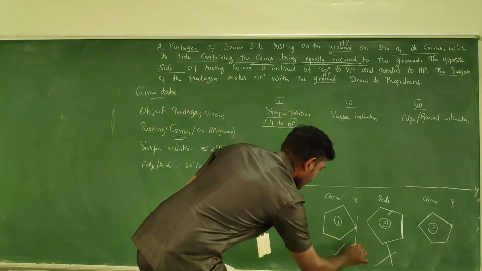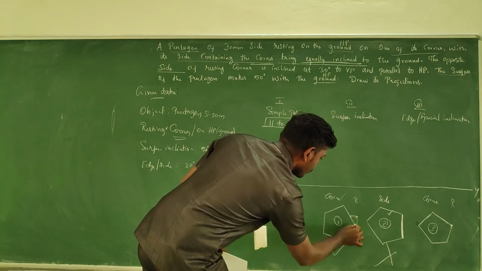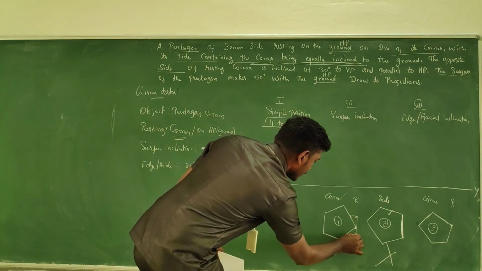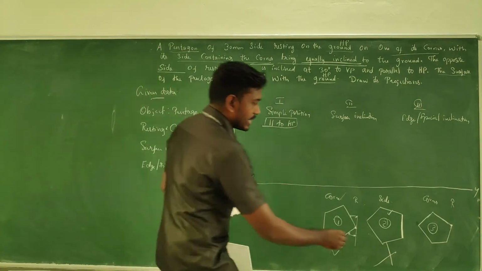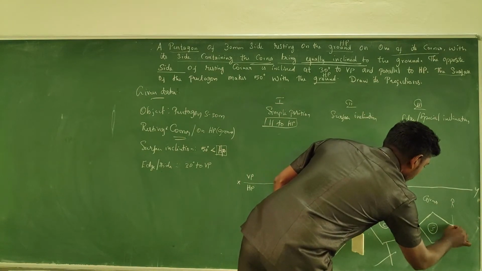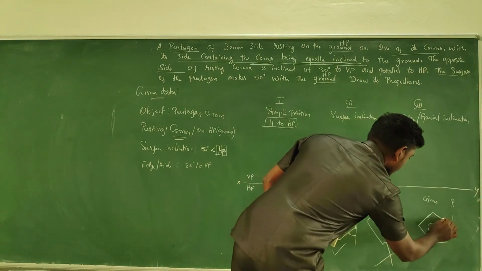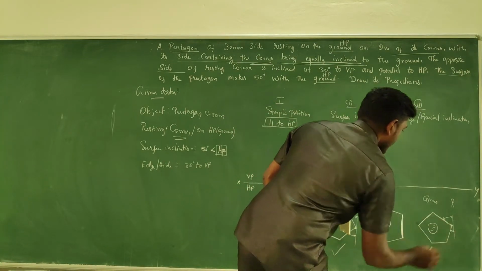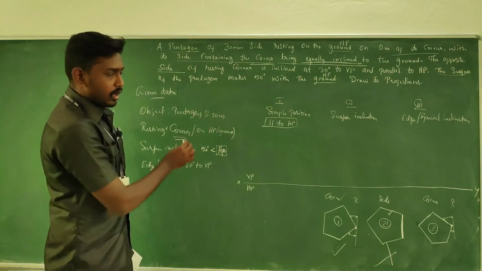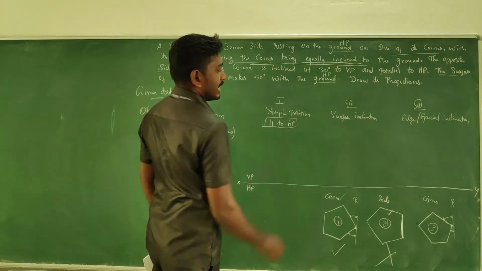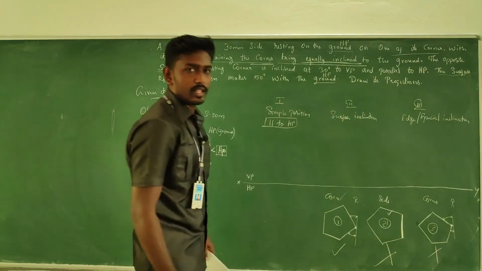If you check at this particular point, I can say for this corner, the adjacent sides will be with equal inclination. If you check here for this position, the inclination of this side will be minimum and inclination of this side will be maximum. So here the question is equally inclined. The corner having this side should be equally inclined to ground. So this is the right position. So this will be ruled out.